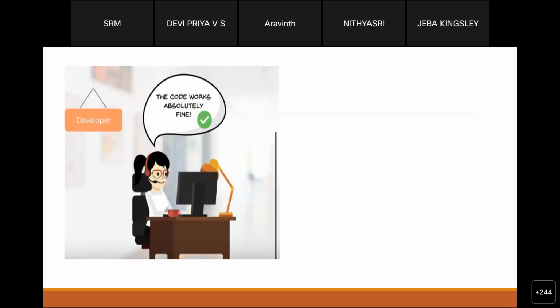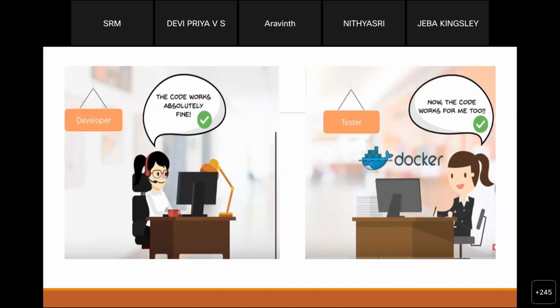So we have used the concept of containers, and we will see what a container is. Now the developer is using containers for developing the application, and the tester will be using the same for running the application. Since the container holds all the dependencies together in a single package, all the libraries and applications are embedded into it, so there won't be any dependency issues.